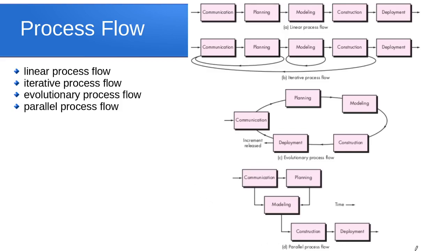In industry we have seen such process flows, which help us in development of the software according to the need of the software. Some software has such needs that it should be evolutionary. Certain software may be very small. In that case, we can use just a linear process model. So such things are there.